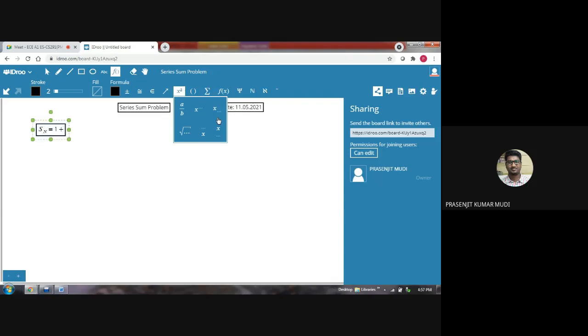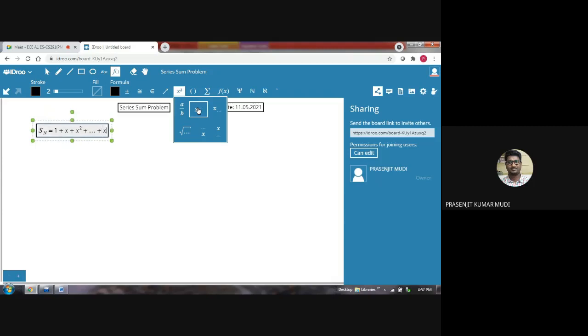This is the first term. We want to consider the first n number of terms. So the second term, likewise the third term, and dot dot dot, and the nth term